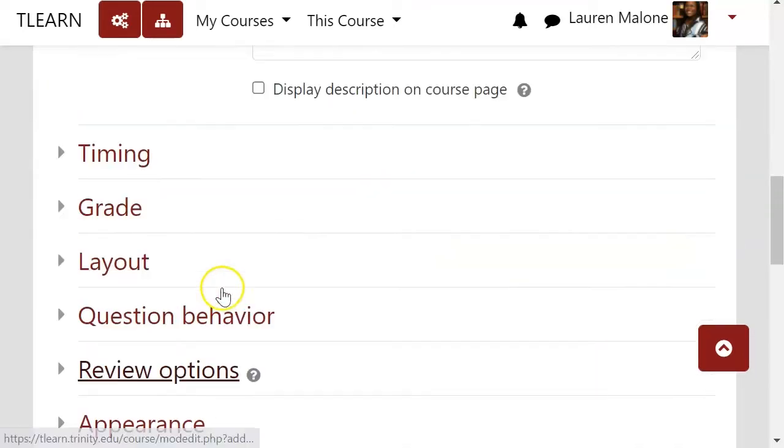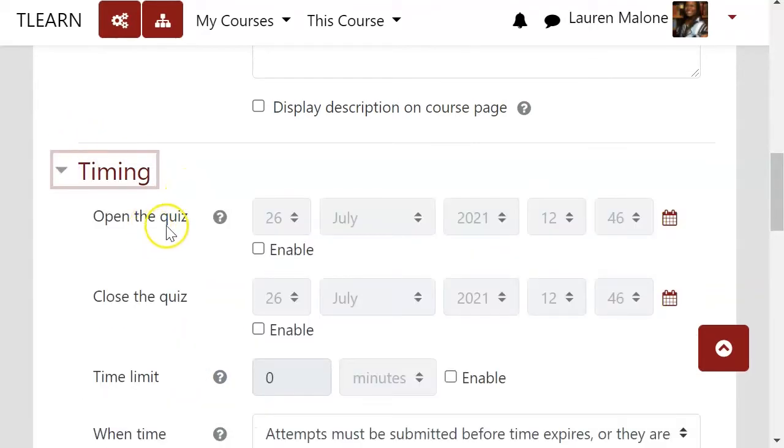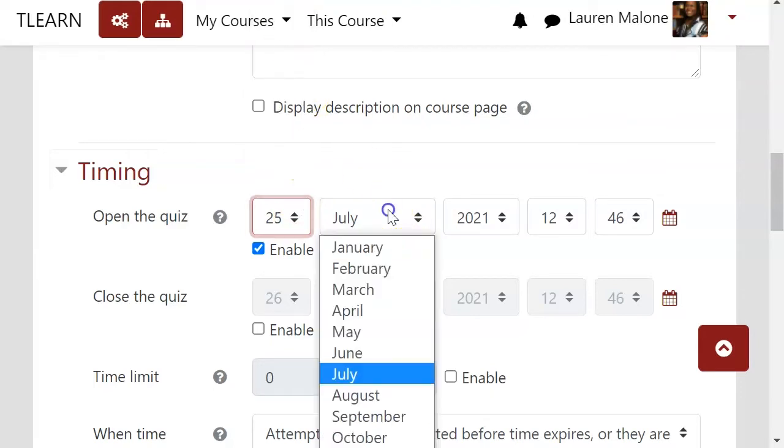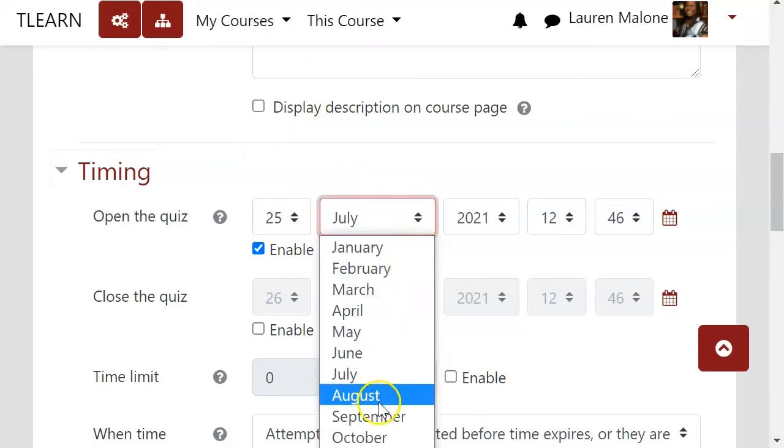you don't have to. So timing. Timing is actually the most important feature of a quiz. So you'll probably not just want the students to go in and take the quiz at any point that they want, unless it's something like a syllabus quiz or a review quiz, a study guide type quiz. So you want to tell it when it's going to open the quiz. I'm going to say we're going to open this one on the 25th of September